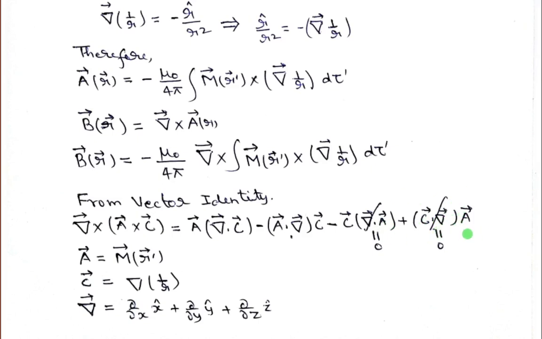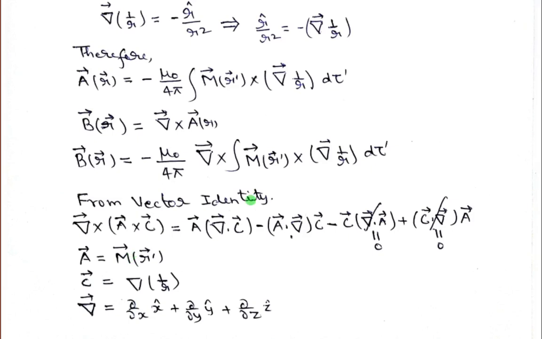Now if you see clearly, here we have a del operator. Remember that this is not del prime, this is del. That means this del operator is a function of the x, y, z coordinates. And this vector M, capital M, is a function of r prime, so this vector M is a function of x prime, y prime, z prime. Okay, so out of this vector identity, if you choose vector A as vector M, capital M, that means vector A is equal to vector capital M.